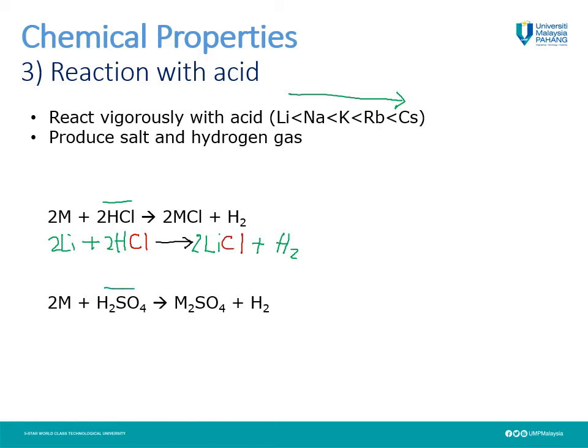So again, this time we're using sodium. Sodium with the reaction with sulfuric acid, H2SO4. So it will produce metal sulfate. In this case, we are using sodium as the metal and production of sulfate. So here Na2